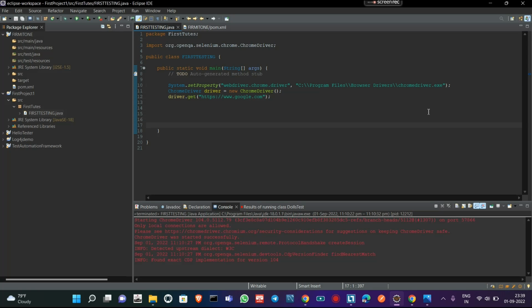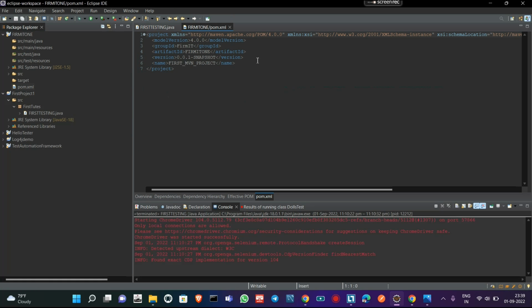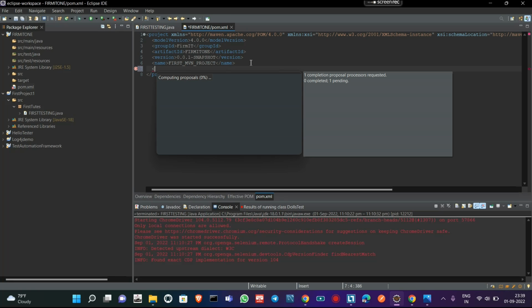So we need not download the separate browser drivers of Chrome driver, Gecko driver, Edge driver, and so on, and provide the path. What do we need? A Maven project. That is what we are doing, and in this pom.xml file we need to paste our dependency